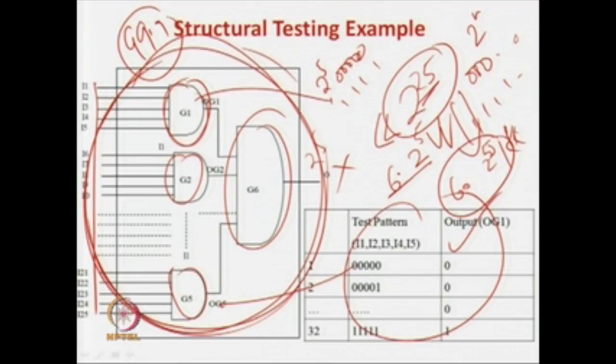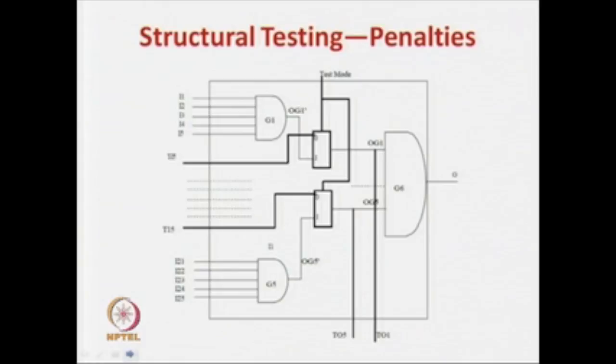So this k is much less than 2 to the power n. So structural testing is telling you that you have to apply some 2 to the power k inputs. Which 2 to the power k inputs is also being told by the structural test, which we will elaborate later. But there is one very important thing you have to note: we said that structural testing is a very nice thing. You can test each gate individually,